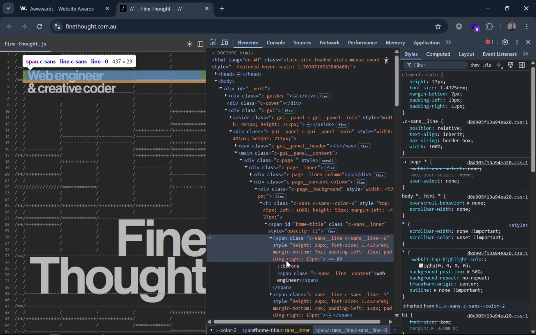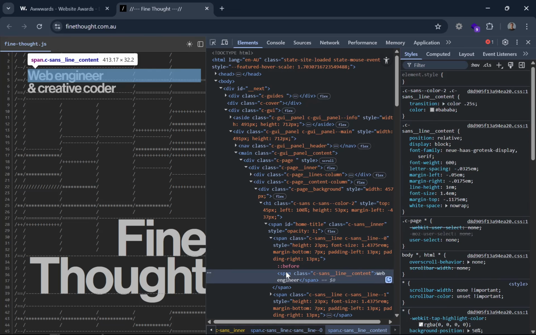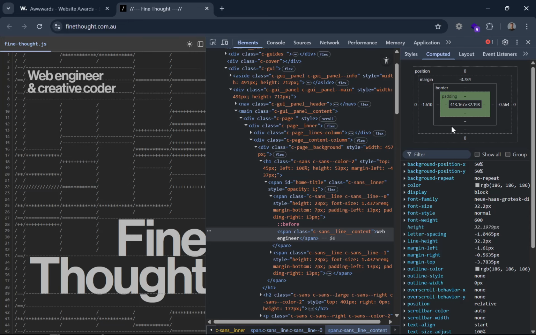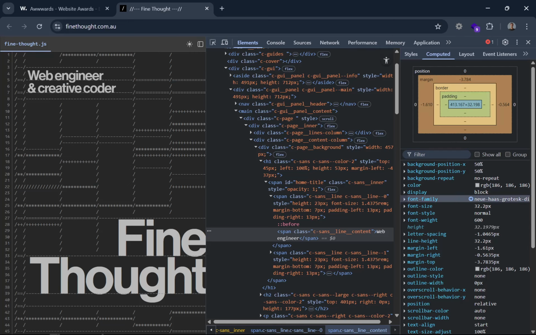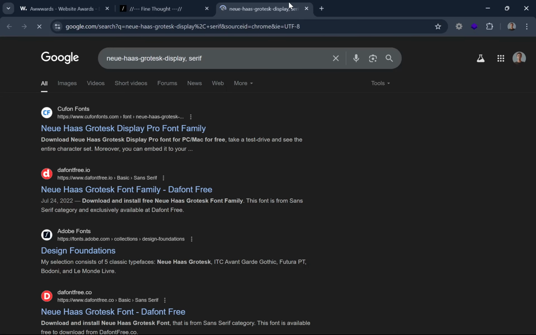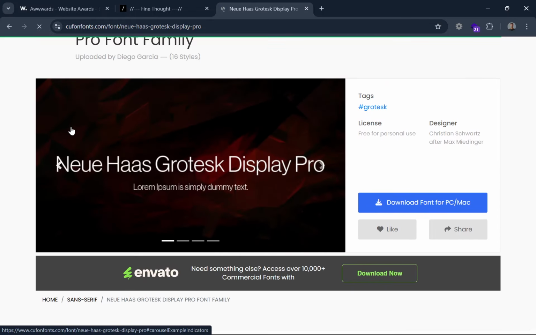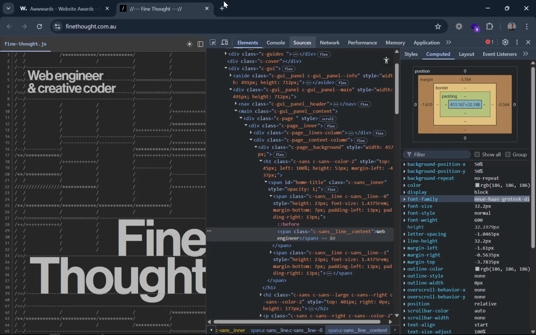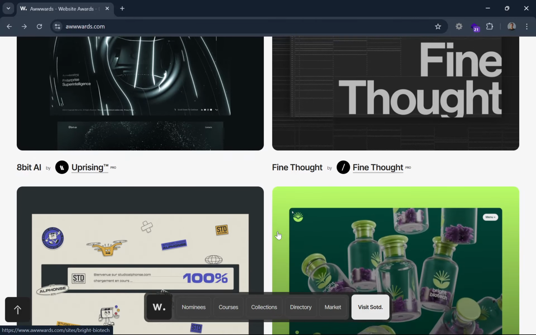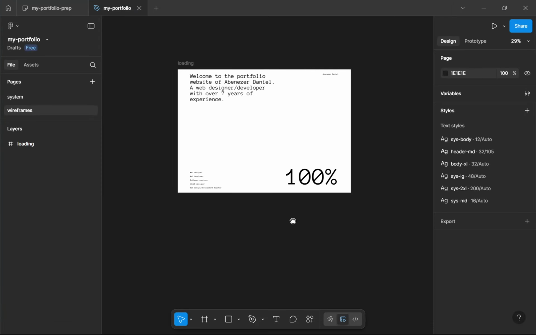Okay. We can go to computed and just say family. New has Grotesque. Never used it. It's been a while since I used a grotesque font. Hmm, this seems like an interesting font. Maybe in the future. Yeah, but for now